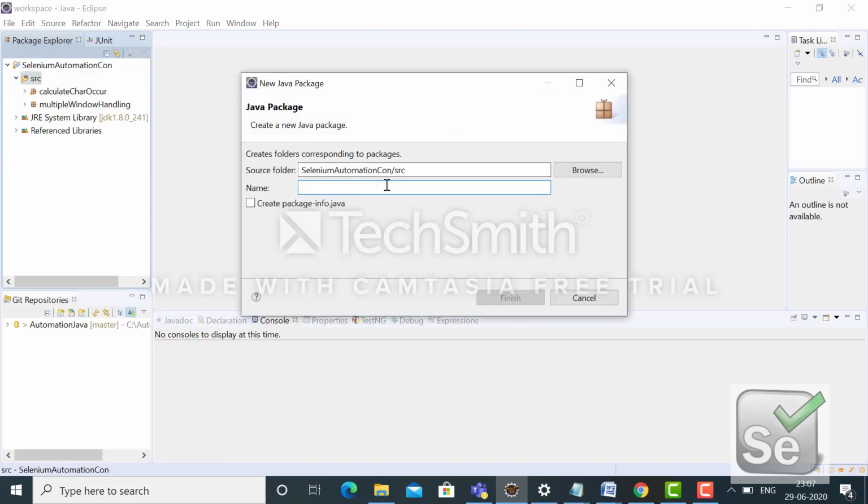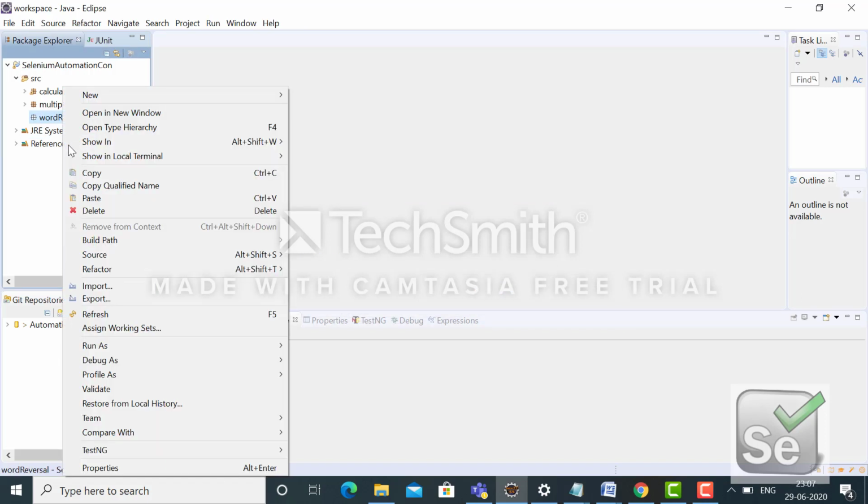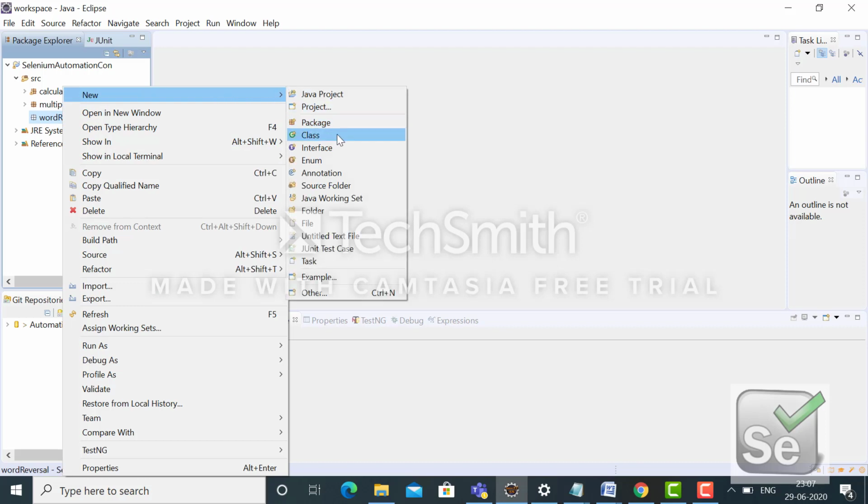Here I'm giving the package name word reversal. Let me create a class inside it,